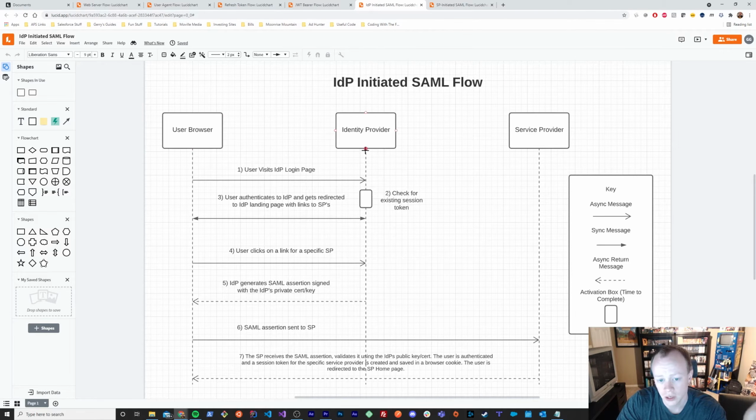The user is going to try and visit the identity provider login page, and the login page is going to check to see, does this user have an existing session token? If they don't, then it's going to ask the user to authenticate with the IDP, as in log in, put in a username, password, security token, whatever else. And then after that user authenticates, they're going to be taken to the identity provider's landing page